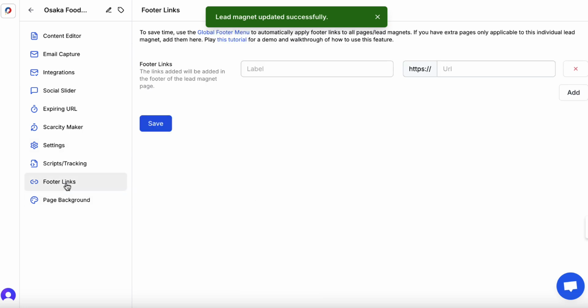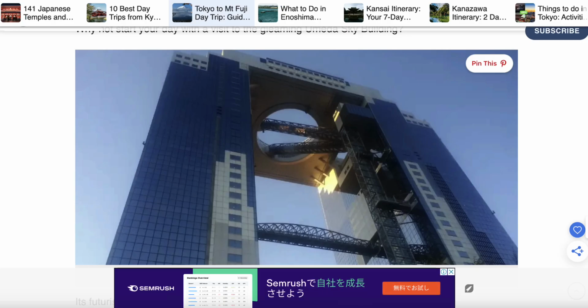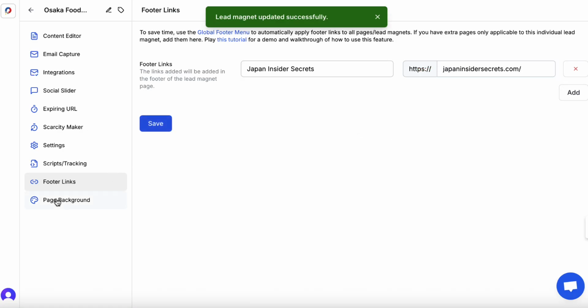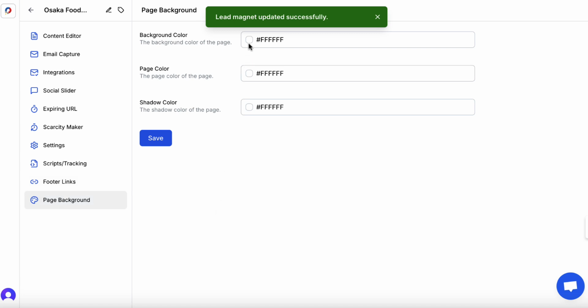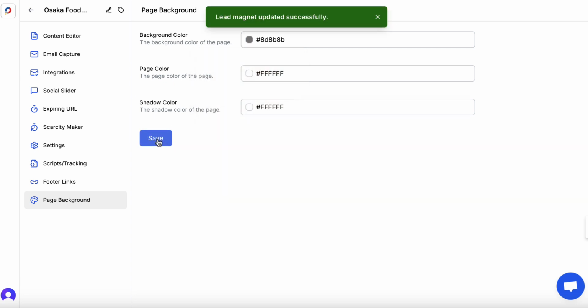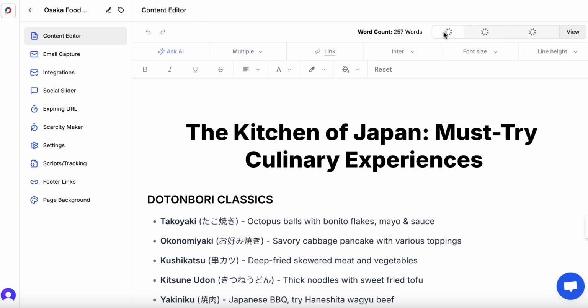If I want to, I can add a footer link, so I can put Japan Insider Secrets, come back here and just grab the URL of the actual blog and put that in there, save, and I can even change the page background color, and I could make it slightly dark grey-ish and hit save. Now, once we're happy and all of this stuff is done, we come back to Content Editor, we hit Publish,